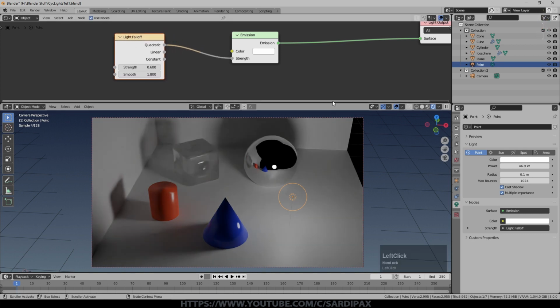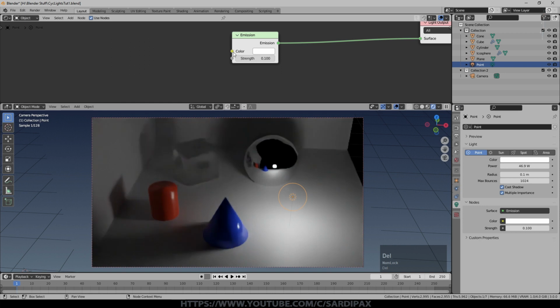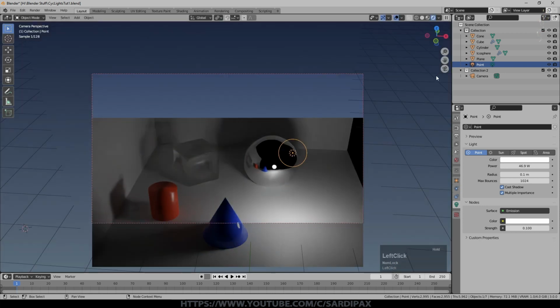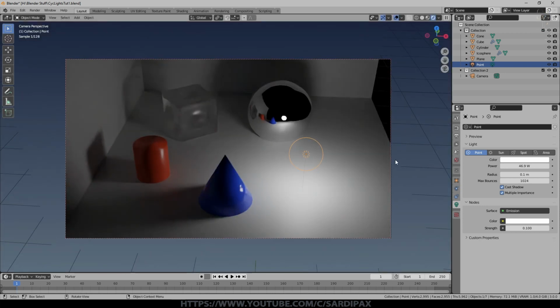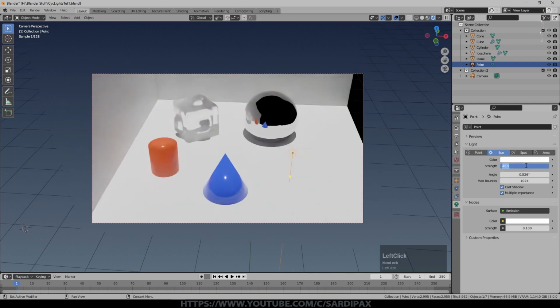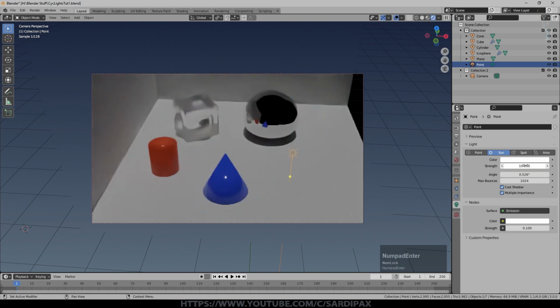And of course, because there are nodes, you can do other things such as put textures in and so on to give you interesting effects. I'm just going to take that falloff node away, and we'll just close that window and we'll have a look at the other kinds of lamps. So the next most common one you're likely to use is the sun lamp. It typically comes across as brighter, so we'll just turn that down a little bit.